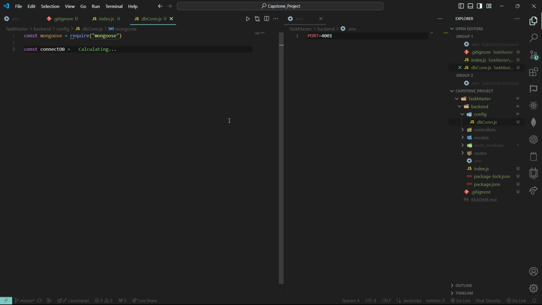So we need to create an asynchronous function that handles any database requests, right? So that's why async, then an anonymous function equal to,